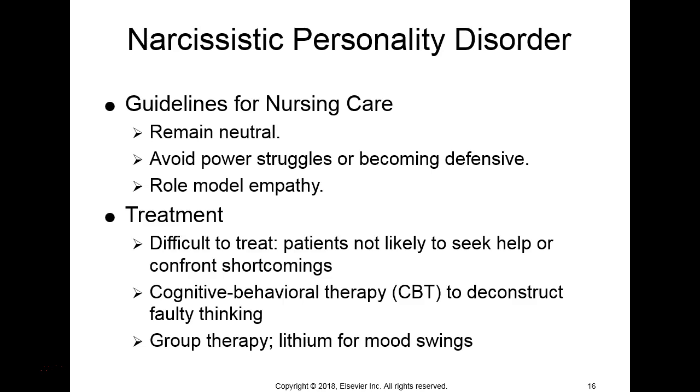And so we as nurses can try to role model that. Not that we're going to be breaching confidentiality or anything like that, but just to try to get that person to see that other people on the unit have